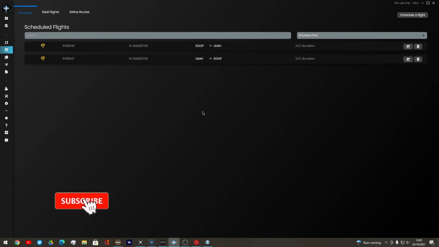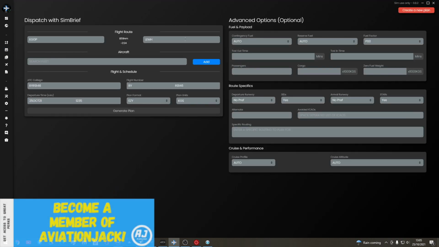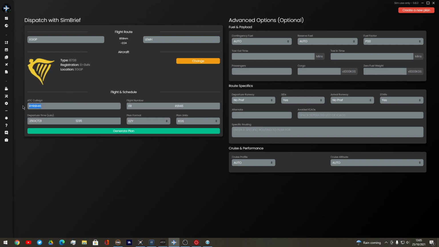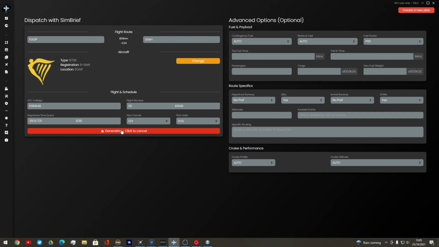So we're going to go from Liverpool to Menorca today. I put it on the scheduled flight to see if it works. I'm not sure how it's going to work, but if we just press dispatch, oh okay, exactly the same then. So our aircraft is the Ryanair, Echo Mike November. Flight number today is RYR9146, and that is that. So first, generate plan. Get the flight plan loaded,